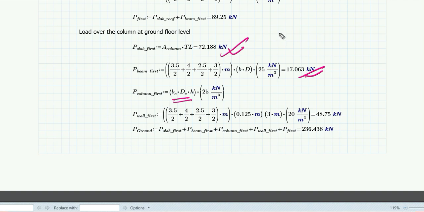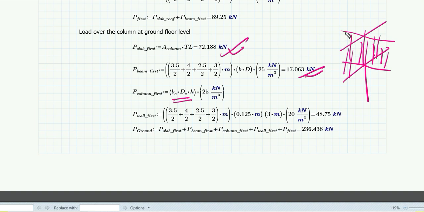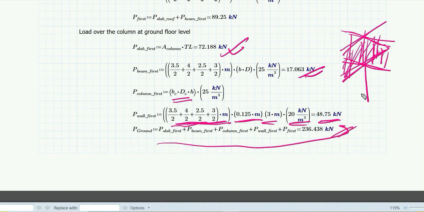In this case, in the first floor you have the wall now, because in the roof you do not have walls, but in the first floor, just like this, we will be having walls, right? Over here we will be having walls. The roof we do not have walls, but at the first floor we have walls. So this wall load you have to consider. Its length will be equal to the length of the beam, then thickness and the height and the self weight. You will get this particular load. So if you add all this, you will get the load that is coming to the column. This is how you have to do the calculations. Thank you.